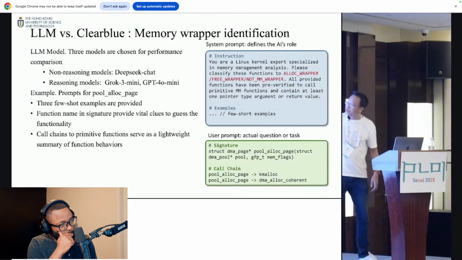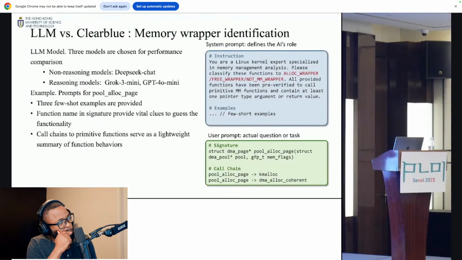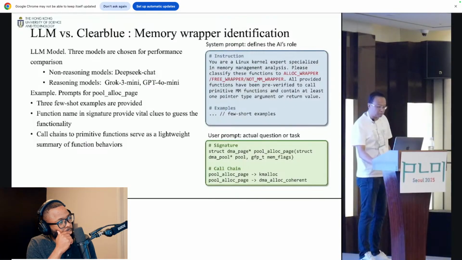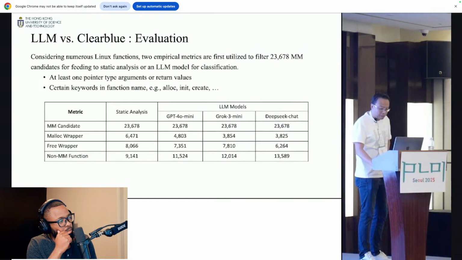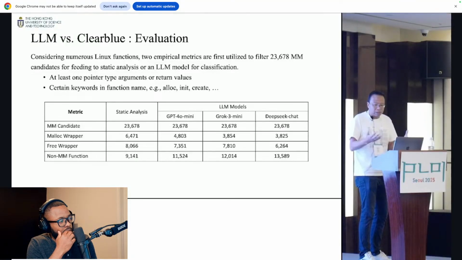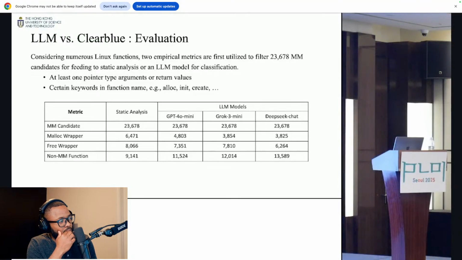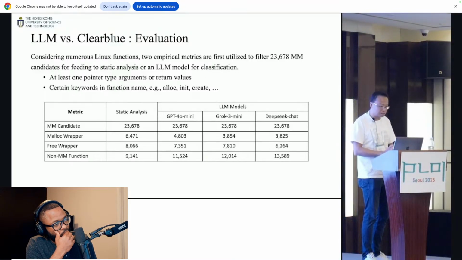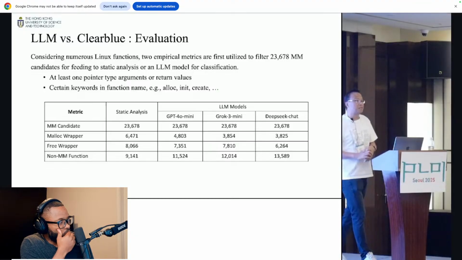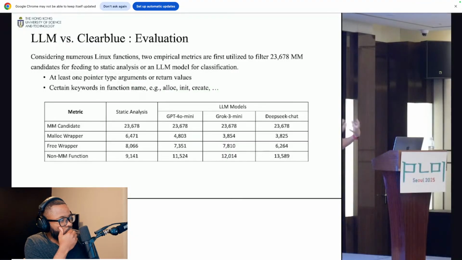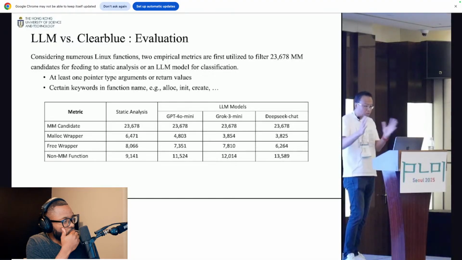Some details about how we do it. We picked some of the newer models as well. Some details about the prompts that we use. The result is very interesting. We first prepared a benchmark of about 20,000 candidates. These are random candidates, but there's no oracle for this kernel. We try our best to filter out 20,000 wrappers. And inside the 20,000, we're going to see how many of the true wrappers can be picked out, because we have some oracles, some known facts. That's the way that we compare.